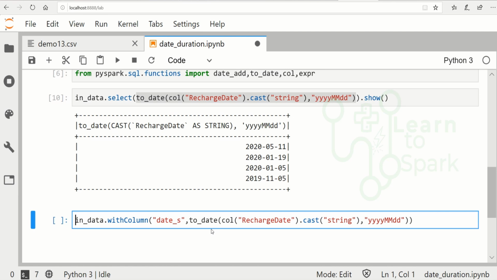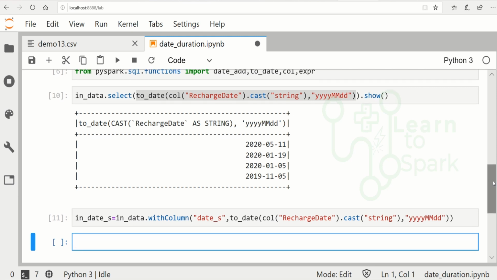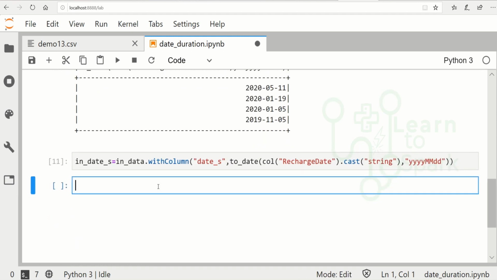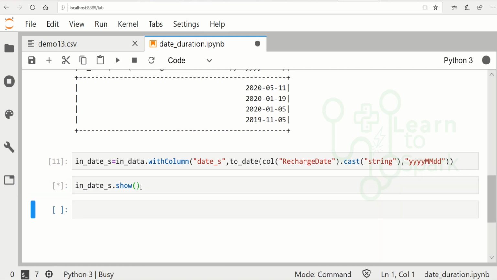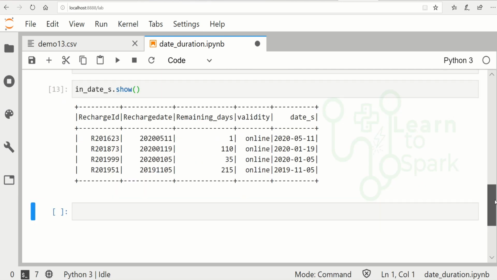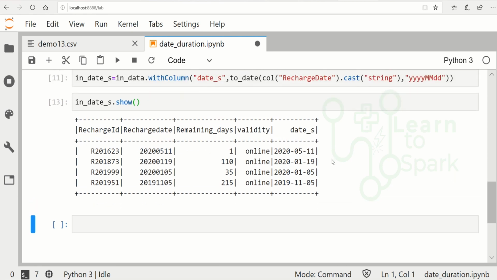And I will assign it to input_date_s, and I have executed it. Now we will have 5 columns here in input_date_s. Let me show you. So this way, we are able to get the date column. Now if we add these two columns, we will be able to get the expiry date.